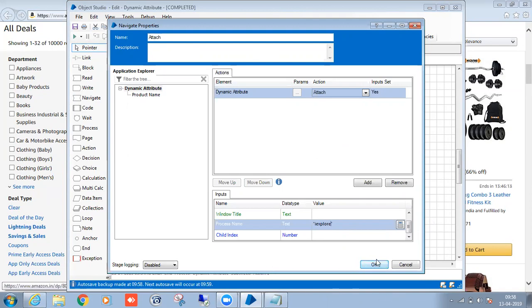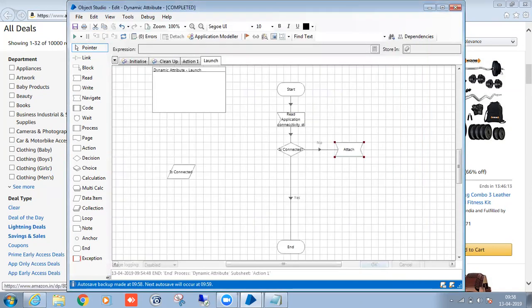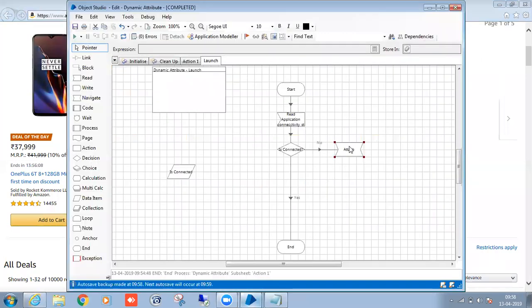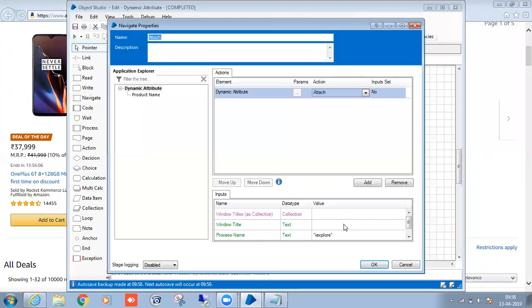What is the window title? Window title you can see here. Amazon star. I will put that Amazon star. That's it. After that, whatever comes after Amazon will also be satisfied. And before Amazon there are some images, no? So whatever it may be, it will get attached.